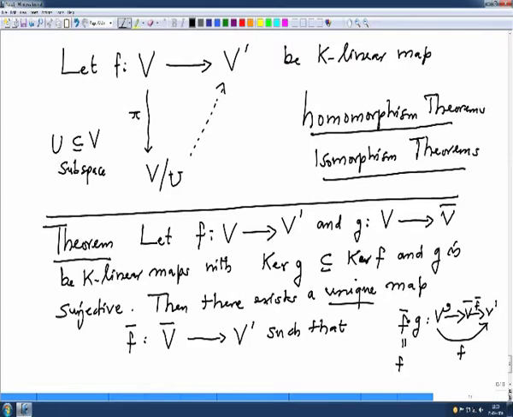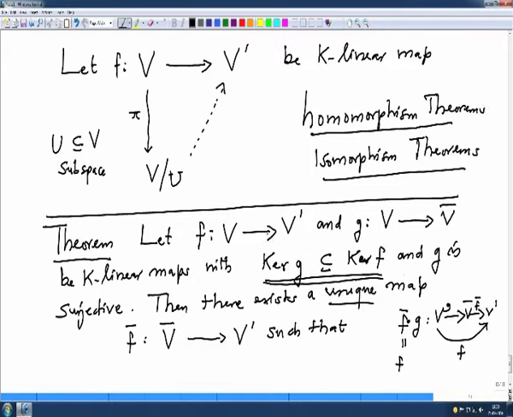So, before I go on, first of all let us settle this problem. See, because what will I do? I want pi is given to us. So, this is my G in the statement. So, what condition do I need to have a map from here to here, namely the kernel of G, which I know is pi, the kernel of pi is U, and this kernel should be contained in the kernel of F, then only there will be a map here, right. So, this condition will ensure that this map is well defined.